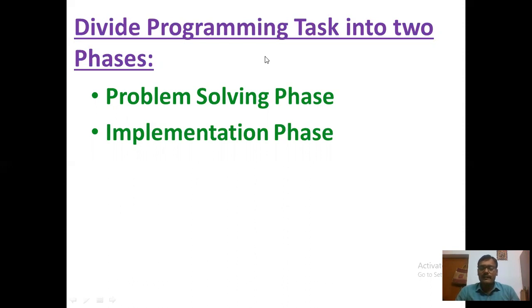Second, implementation phase. Suppose you have developed the algorithm, you have created the algorithm, then that algorithm should be implemented in the program. Okay. So these are the two phases of your programming task. Next,